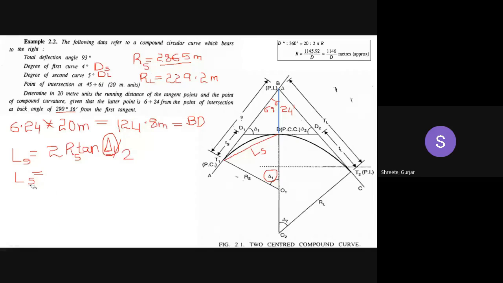Next, after this is done, we have to calculate this particular angle here, the angle which I have drawn here. By the property of the triangle and curve, it is equal to delta 1 by 2. The angle subtended is delta 1, so the angle here will be half of that, delta 1 by 2. You have to remember, whatever angle is subtended, half of that will be this particular angle.